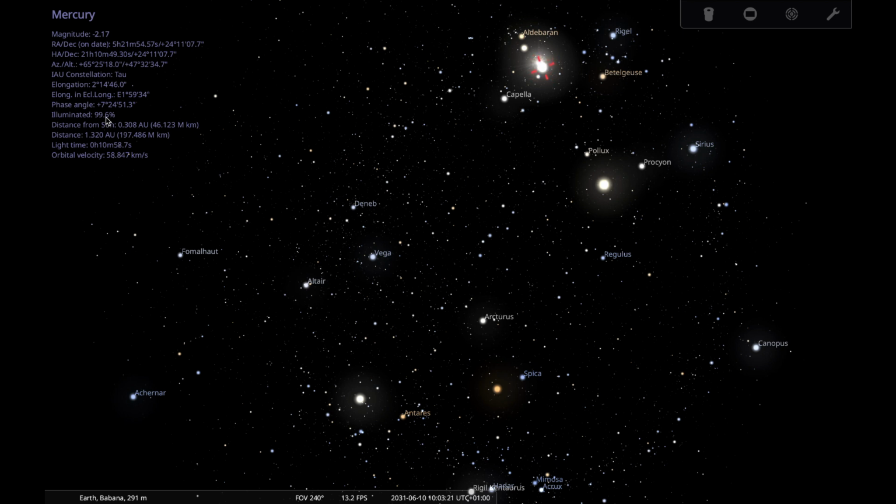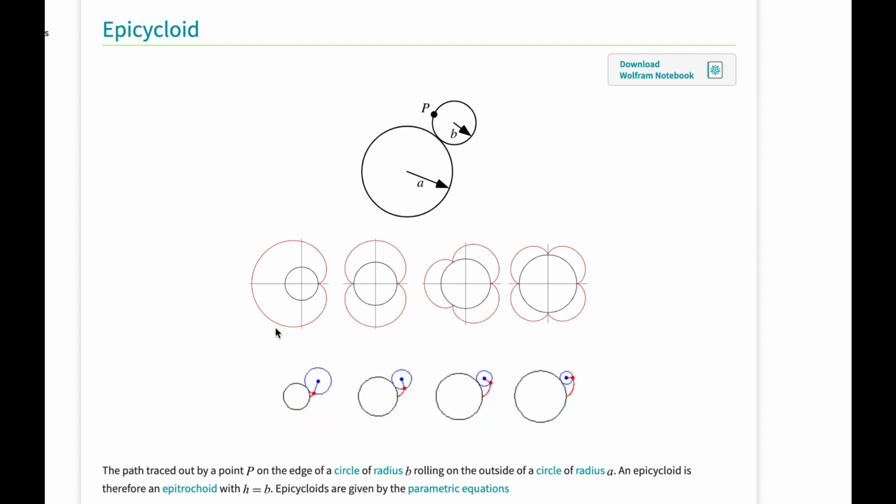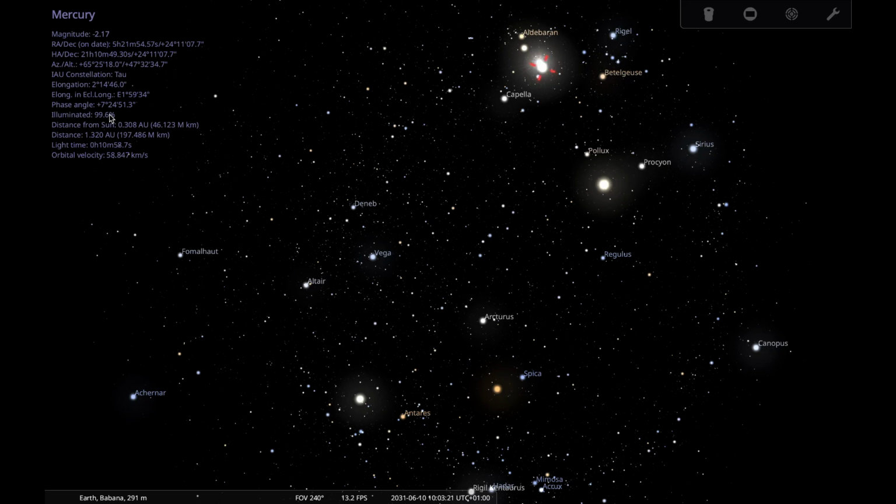this case. As the sun revolves around Earth, Mercury revolves around the sun. And each time that Mercury comes close to the Earth, it creates a loop. And that is just a function of an epitrochoidal pattern. And it's the outcome of one body rotating around another body as it's moving. They don't always have to be loops, but they will create either cusps, which aren't loops but points, or they'll